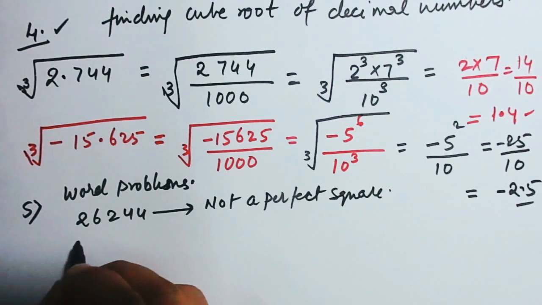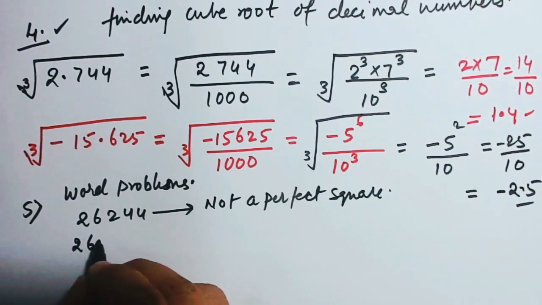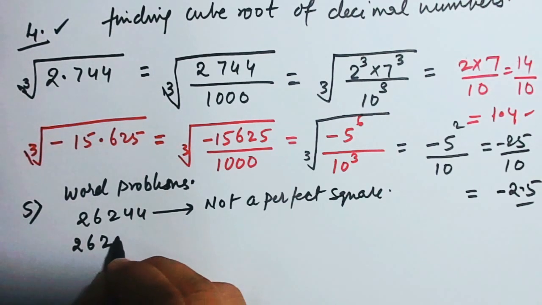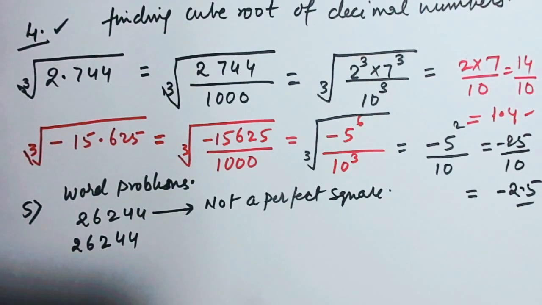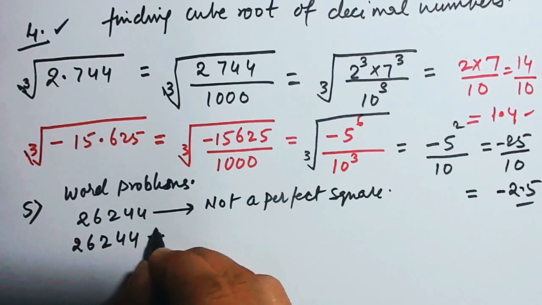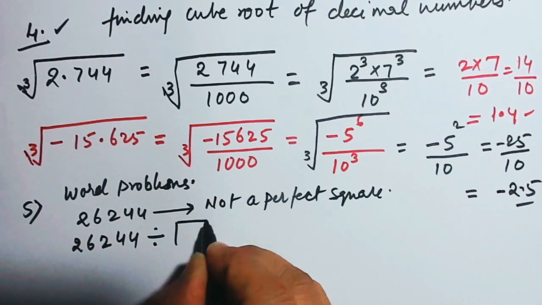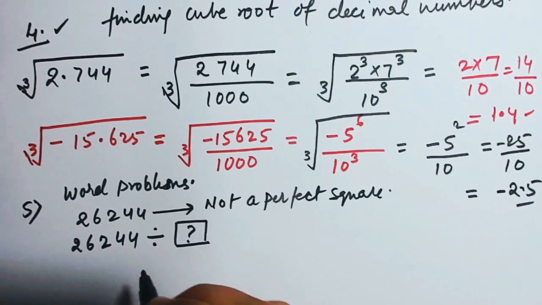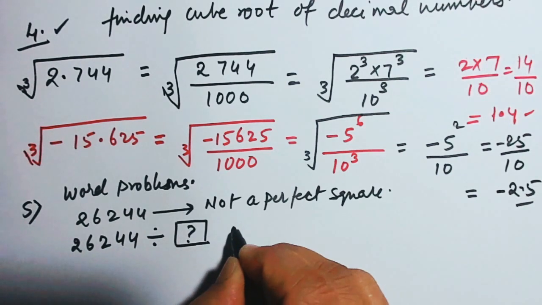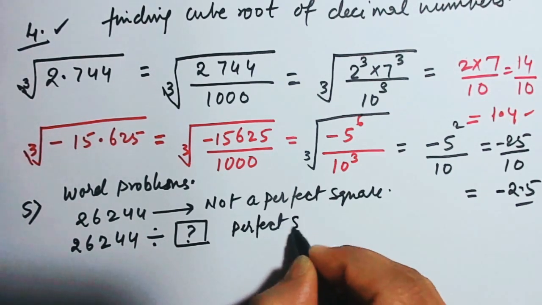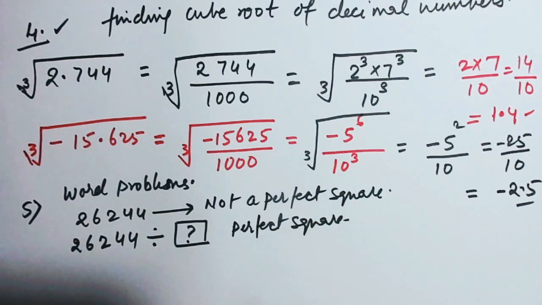Now they are saying, can you make 26244 a perfect square by dividing it by any particular number? We have done this kind of sums, even in square and square root. How can you make it a perfect square? The only method is factorizing this 26244. So on factorization,